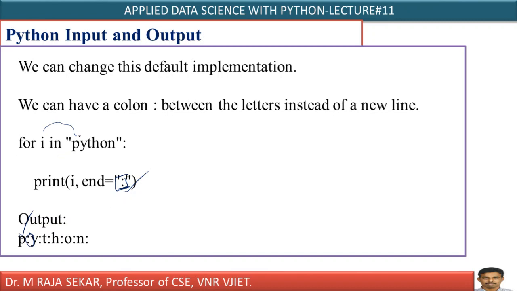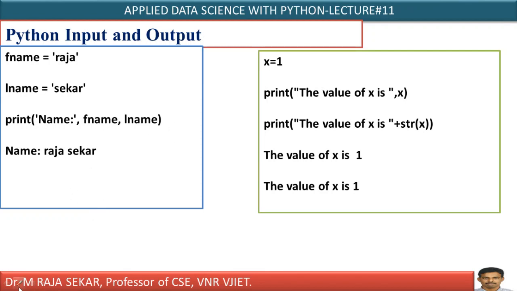Again it will go. Which one will it take? It will take y. Again, n means column, isn't it? That's self-explanatory. This is not a great thing. This is not a big thing. It is a simple thing. Yes, if you consider one more simple example, F name, first name Raja, L name, last